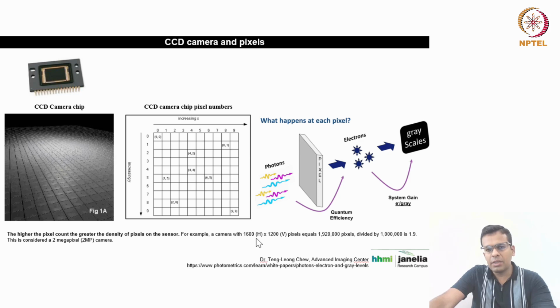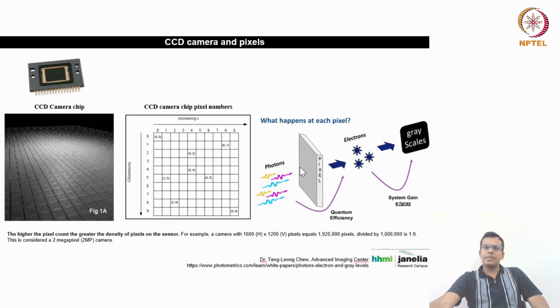Okay, if you have a camera chip of 1600 by 1200 pixels, so 1600 pixels this way and 1200 pixels this way, then that camera chip is known as a 2 megapixel camera. So basically the megapixel represents how many pixels are present on the camera chip. Okay, let's say this is the camera chip, it is 9 by 9, so an 81 pixel camera. Similarly, generally the CCD or EMCCD cameras have so many pixels, and they are known as 2 megapixel, 5 megapixel, 8 megapixel, depending on the number of pixels available on the chip.